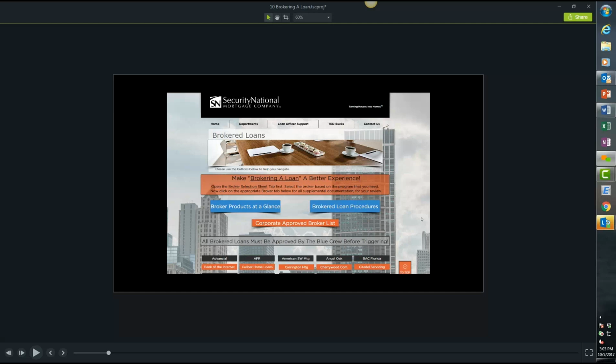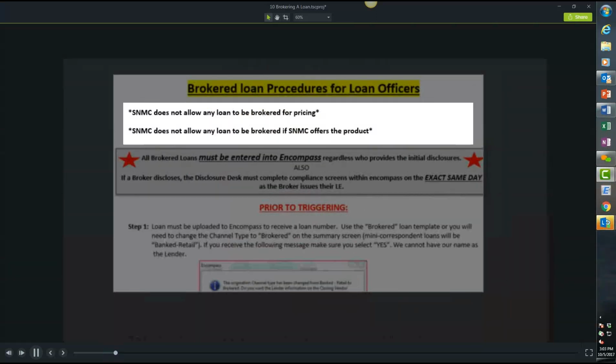And we're going to talk about brokered loan procedures for a few moments. The brokered loan procedures are located in the broker section of the portal, as you can see here. And the reason this training was deemed mandatory is because we need to make sure that we are doing the best we can from a compliance standpoint on our broker loans. We're just going to review these brokered loan procedures from top to bottom, and hopefully that clears up the mystery